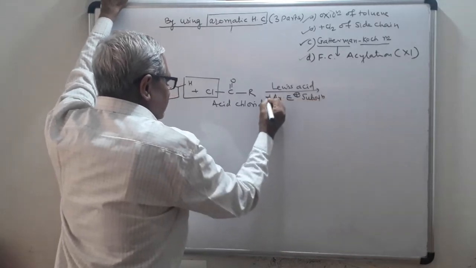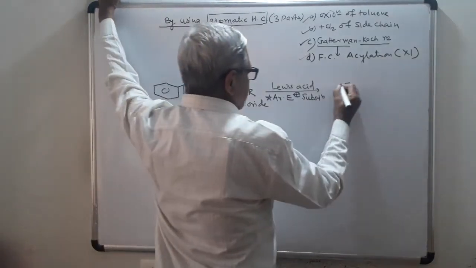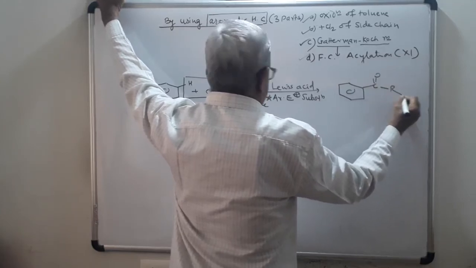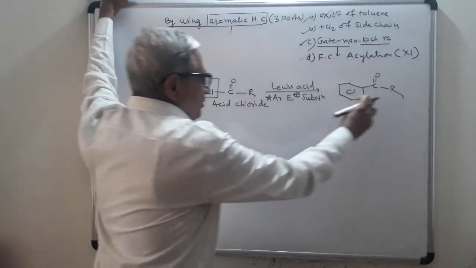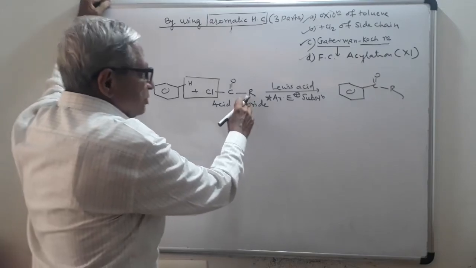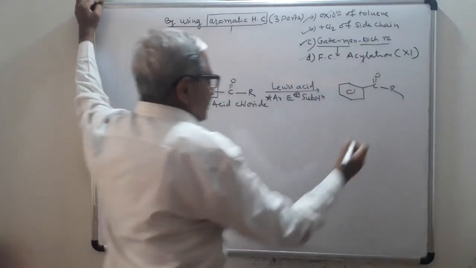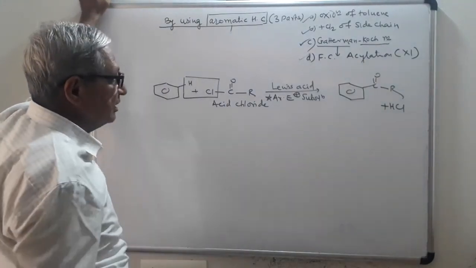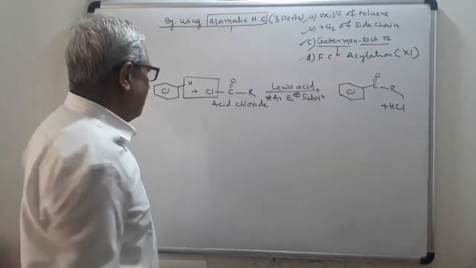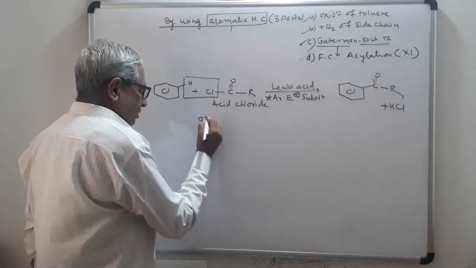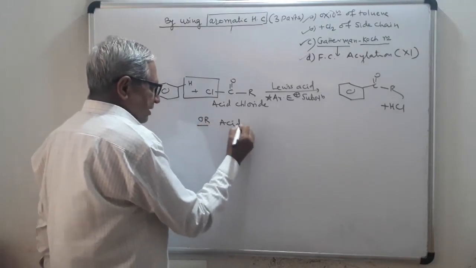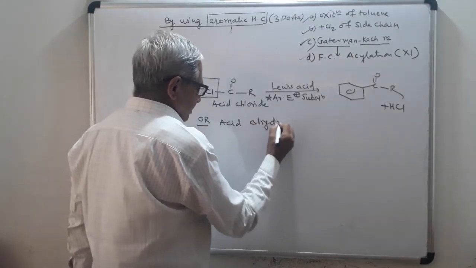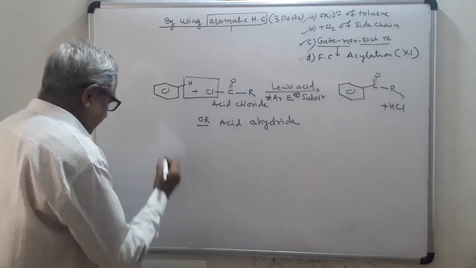This is another question here. So you will get a ketone as well as an aldehyde, C double bond O R. Suppose R is equal to H, you will get benzaldehyde. Suppose R is equal to CH3, you will get acetophenone. Your byproduct is HCl. So these are the important questions here. For Friedel-Crafts acylation, two reagents are used. You can also use another reagent, acid anhydride. I will also give the example with the acid anhydride.